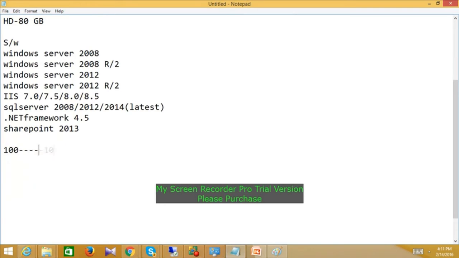If they are using 5,000 users, they will charge around $10,000, and so on. It depends on the number of users. It's not expensive, it is cheap. Earlier it was product based, now they have changed to a user-based license.